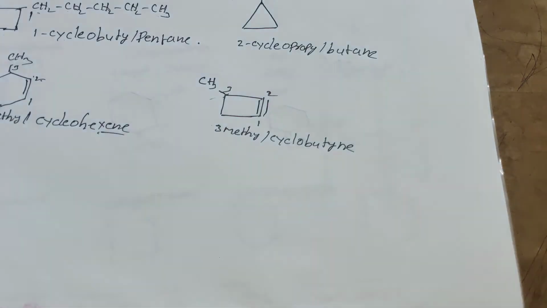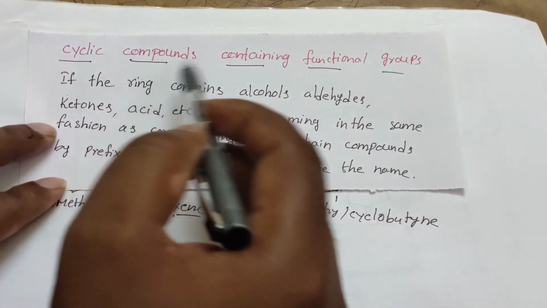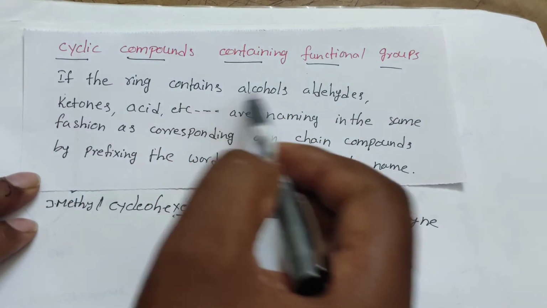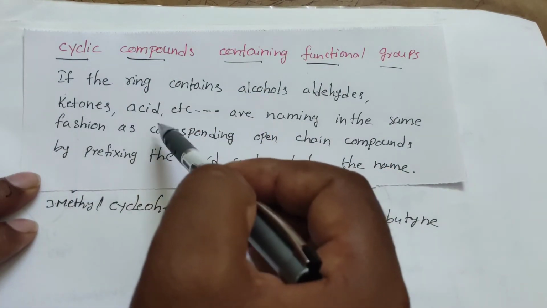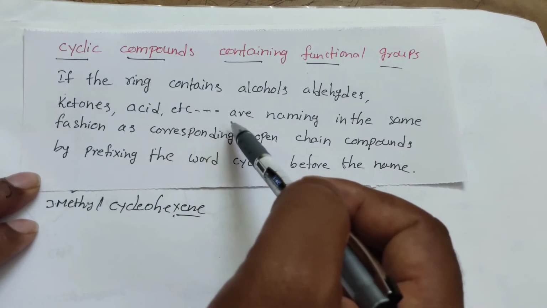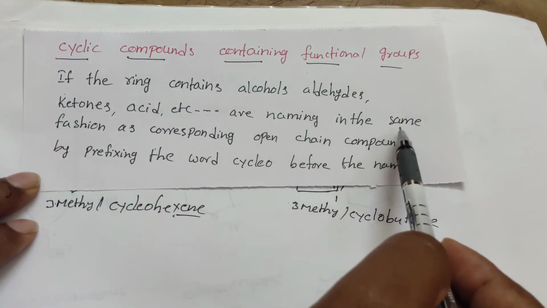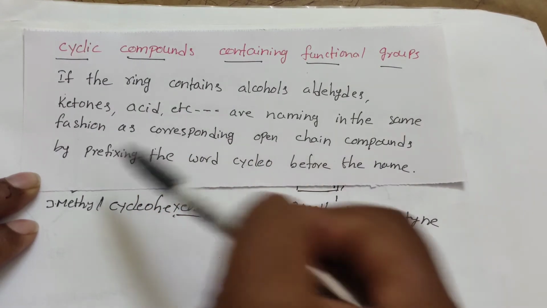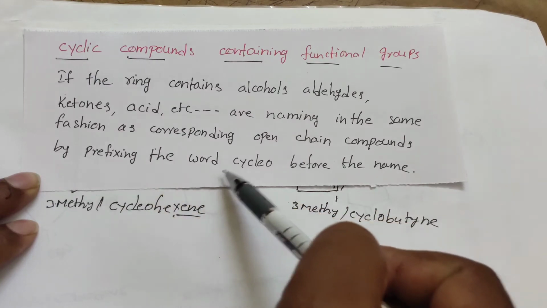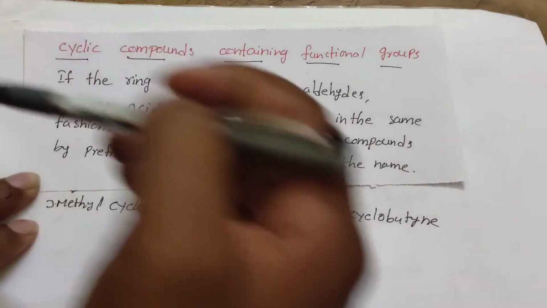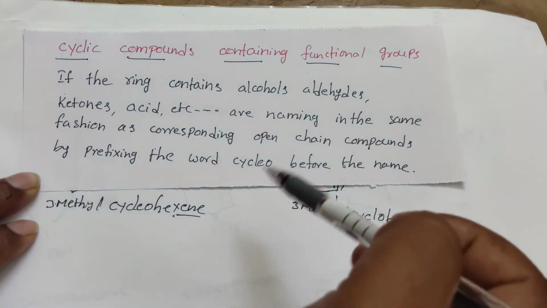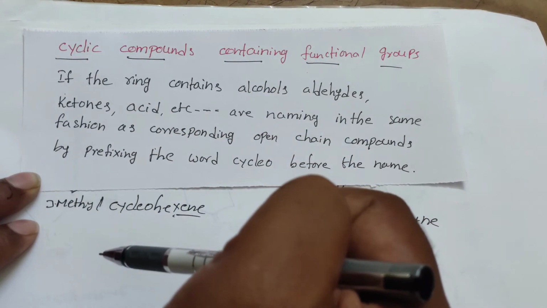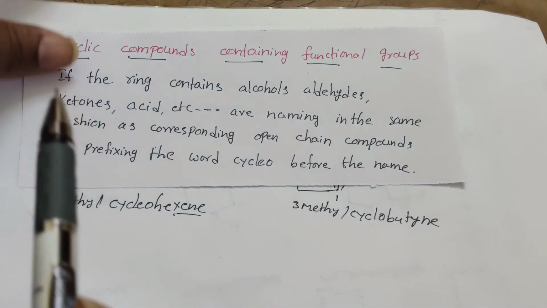Next one, the cyclic compounds containing functional groups. In case the cyclic ring contains either alcohols or aldehydes or ketones or acids, whatever it may be, it contains the functional group. The naming of some functions, as compared to the open chain compound, uses the prefix cyclo before the name. So if the compound contains the functional group, the cyclic compound acts as a prefix. For example, here I am taking